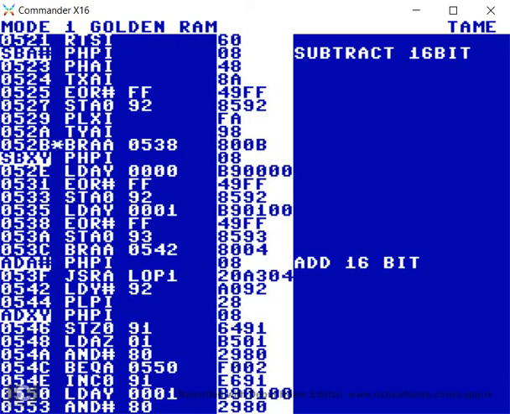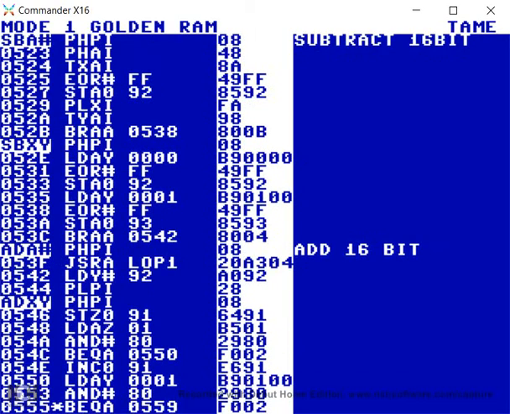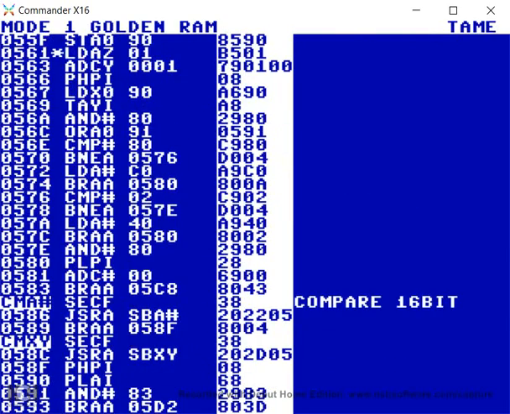So for the subtraction, in this case, whatever value is pointed to by Y is subtracted from whatever value is pointed to by X. In this case, the value stored in XY is subtracted from the value pointed to by A. In this case, the value pointed to by Y is added to the value pointed to by X. The value stored in XY is added to the value pointed to by the accumulator, and so on. And if we just scroll down a little bit more, okay, now